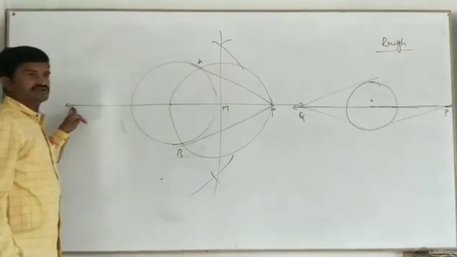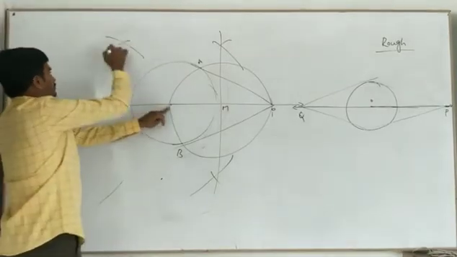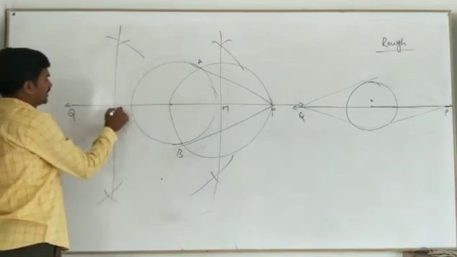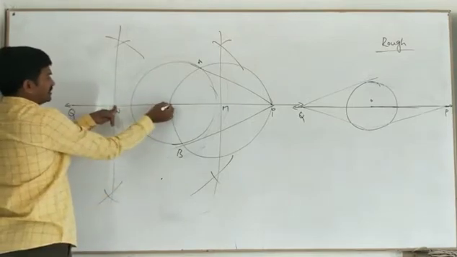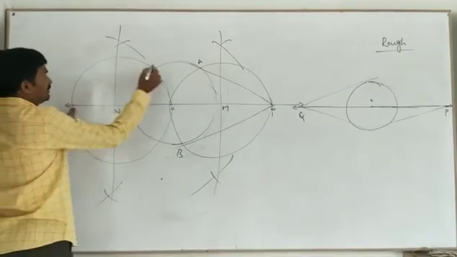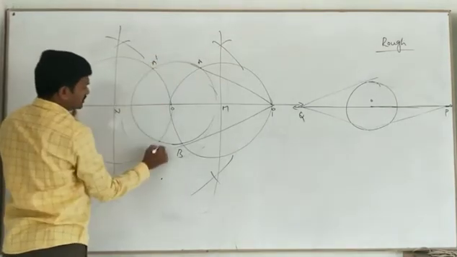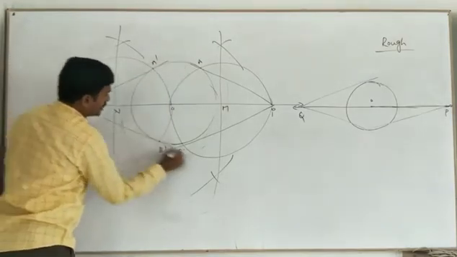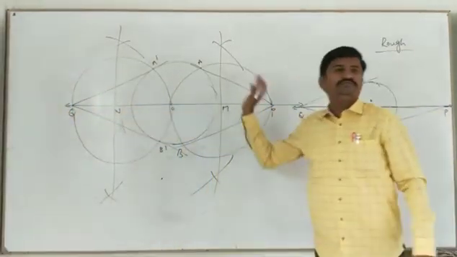The same process for this also. Take more than half radius from here. Now let us take this as N. With N as a center and NO as a radius, draw one circle like this. Again, where it is touching here, let us take this as A dash, and this as B dash. Now join QA dash, QB dash. These are the two pairs of tangents drawn from both the points P and Q.